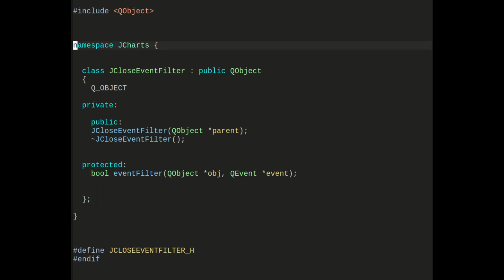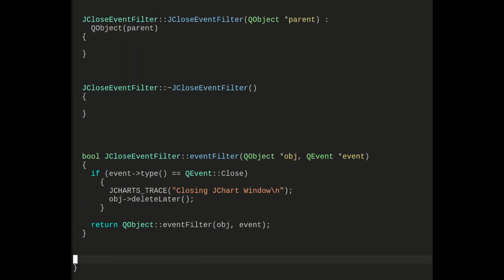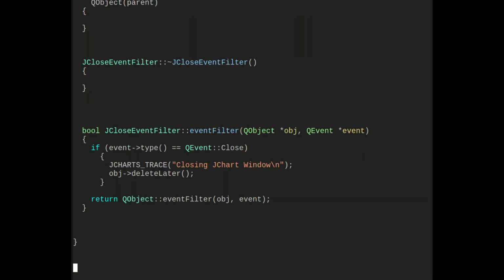Now I've chosen to subclass QObject because I like to be separate from everything else. So I'm calling it JCloseEvent, and it will have an event filter in there. And we'll specify that event filter to be specific for the close. So if somebody clicks the close box, this event will be called, and we'll give the object the